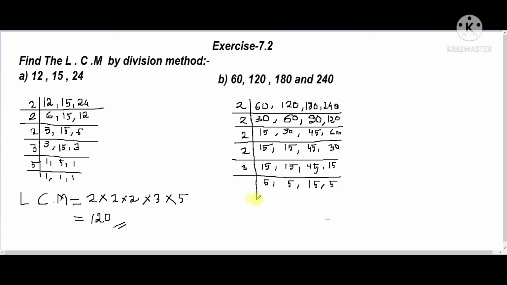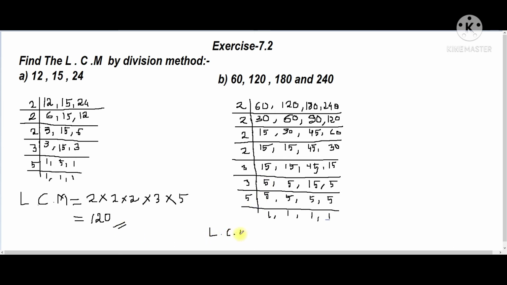Now see, next we will again use 3 because this 15 can divide by 3, but 5 can't divide by 3, so here again we'll write the same numbers. If not divided by 3, then we write the same. There you see 5, 3 fives are 15, and there 5. Okay, now see all numbers came the same, 5, 5, 5, so we'll divide by 5. Then 5 ones are 5, here also 5 ones are 5, here also 5 ones are 5, and here also 5 ones are 5. Now here 1, 1, 1, 1 came, right?